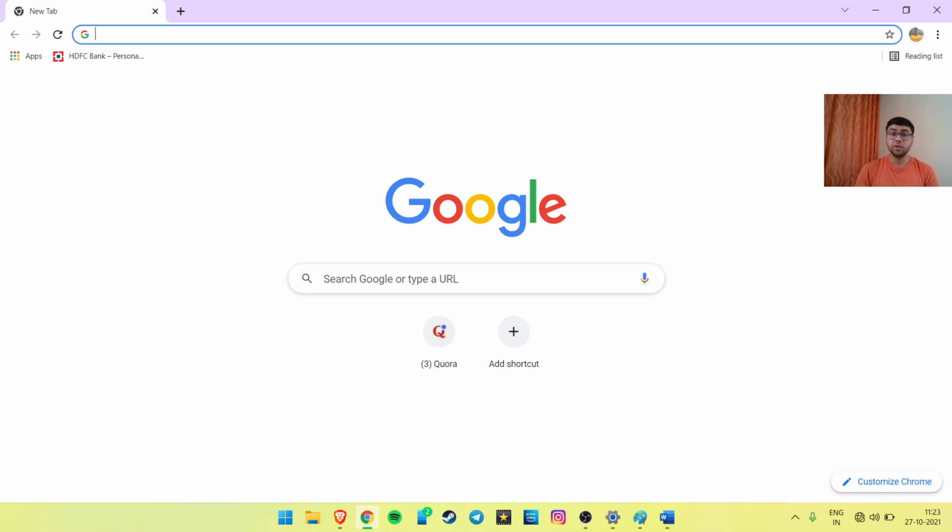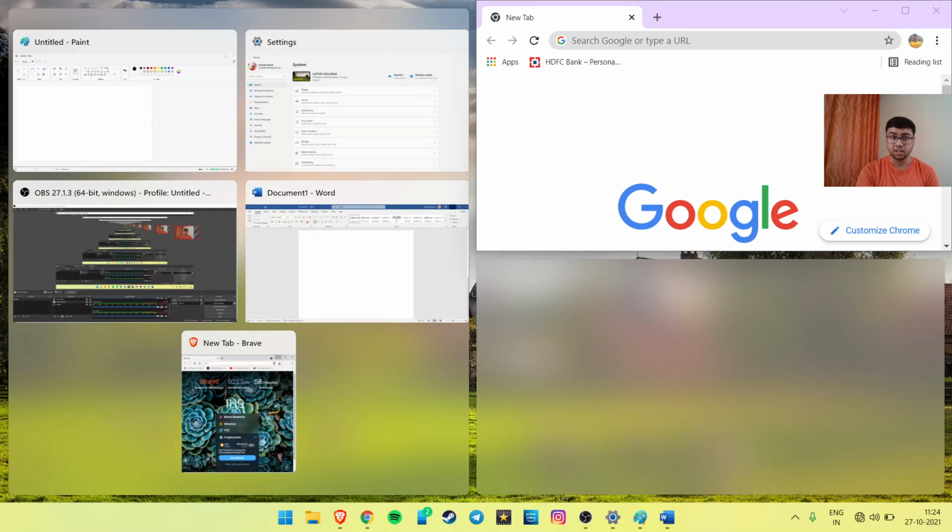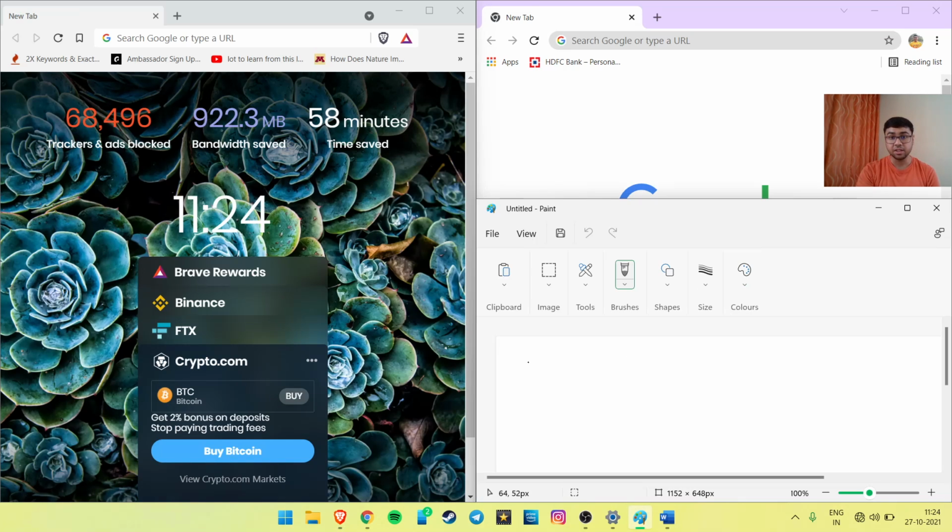So the next feature is one of my favorites, and it is how Windows 11 handles multitasking. You just go to this resize button and you can select where you want to place this app. Let's say I want to use 3 apps at once and I want to use Chrome like this, and then I would want to use Brave and then Paint.